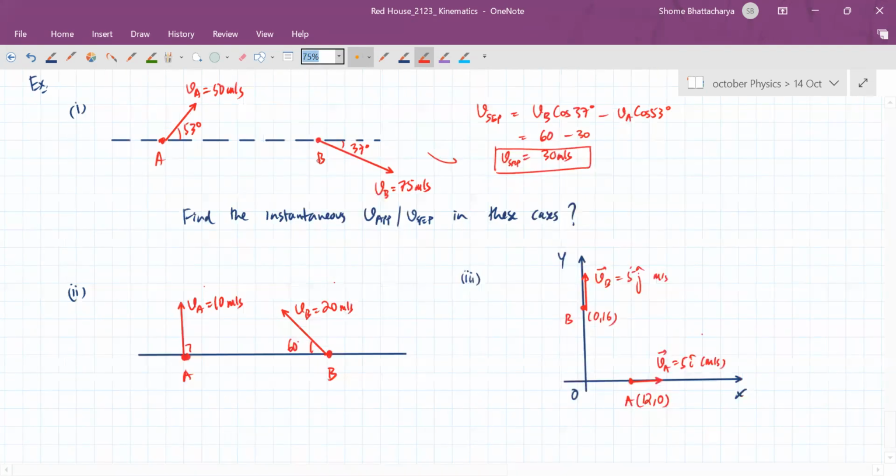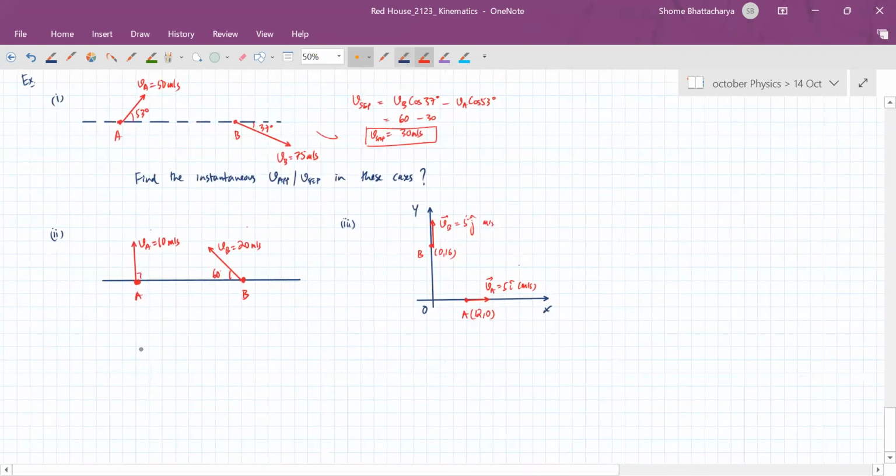And now similarly in this diagram, the second one, A does not contribute to anything because A has a perpendicular velocity at that moment. Of course, I'm emphasizing, a moment later all this might change because the angle will change. But at this instant, VA does not have any component along the line AB, so it does not contribute anything. But B has a component directly towards A, so it contributes to an approach. So the two particles are coming closer with an approach velocity of B's component towards A. So that will become 10. So they have an approach velocity of 10.